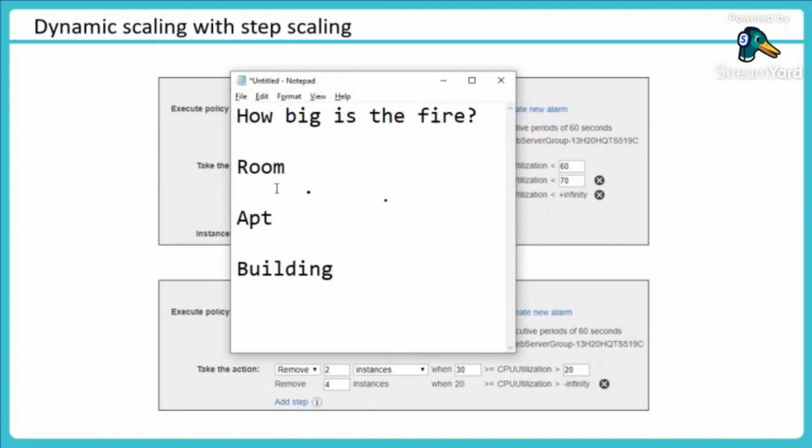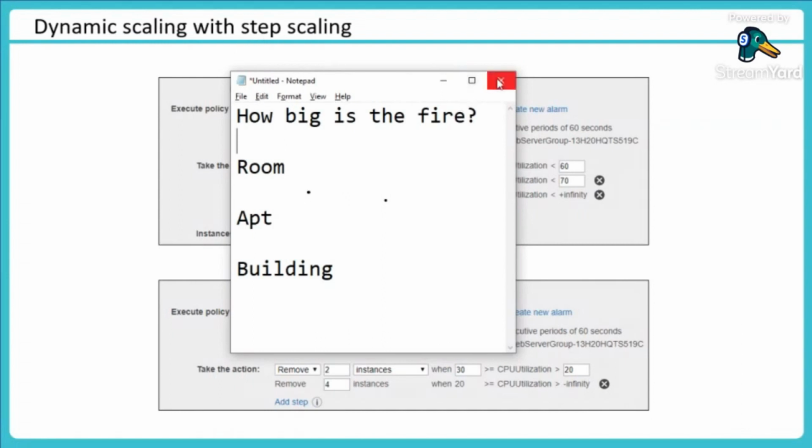If I said a room is on fire, probably they will send one vehicle, two or 10 men, and they would take care of that fire. But if I said the whole building is on fire, and Dubai buildings are like 40-story, 30-story sometimes, that would be an all hands on deck position. Everyone has to be sent to that fire because a huge manpower is required for it. So the bigger the breach, the more resources are required. The smaller the breach, fewer resources are required. That is what we mean by step scaling.